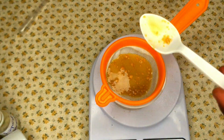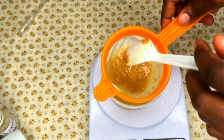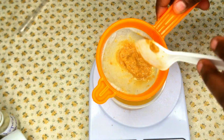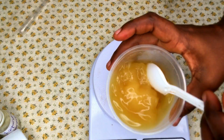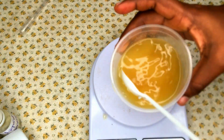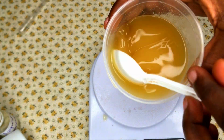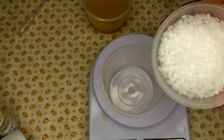So I just sieve it to get out the larger particles, and this is what I have. So this is the water phase, and then I'm just going to put this aside and begin with the oil